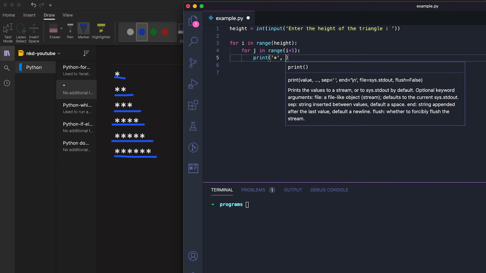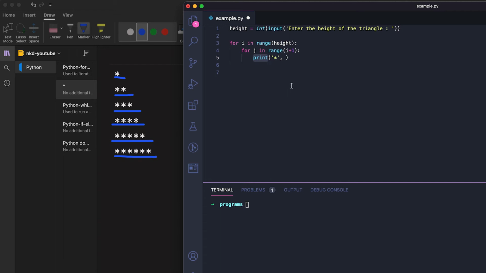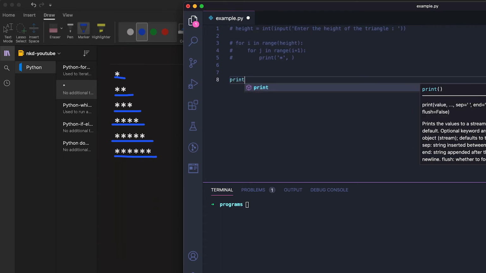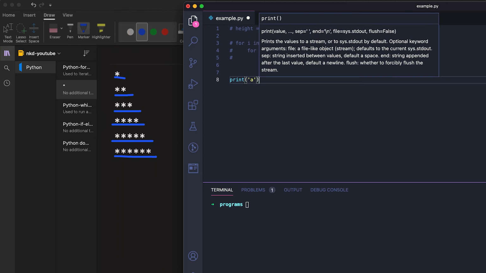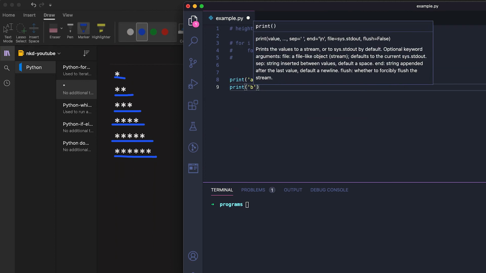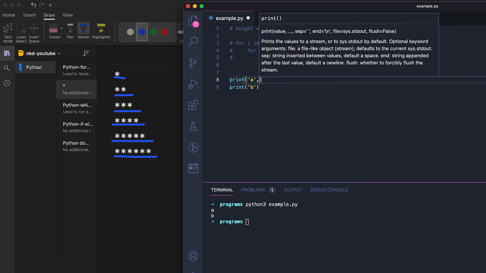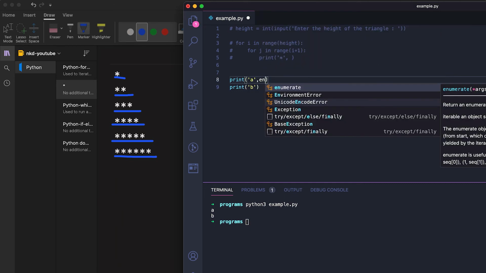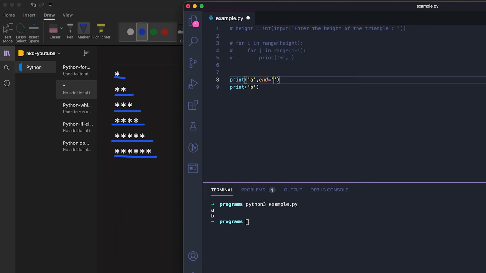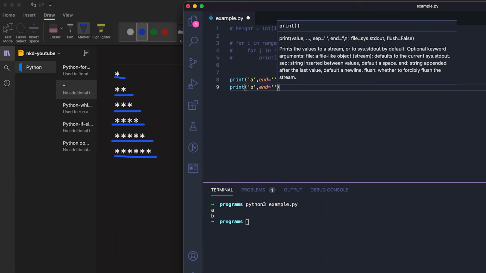Also, one thing to note is that the print method adds one new line. Suppose let me comment out everything. Let me write only print a, then print b. Now if I run this program, you'll see that a new line is entered, so a and b are printed on separate lines. So for that we need to define end equal to this. So let me add it here. Now if I run the same line,